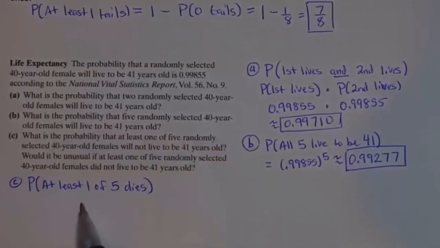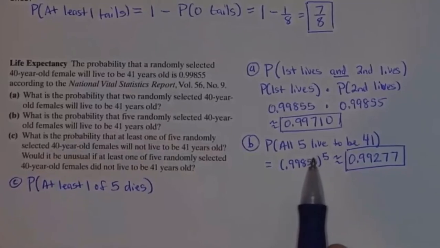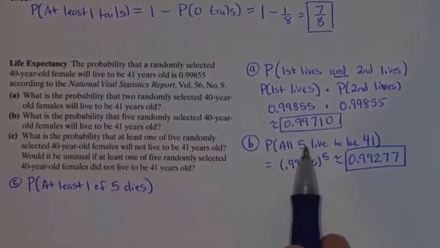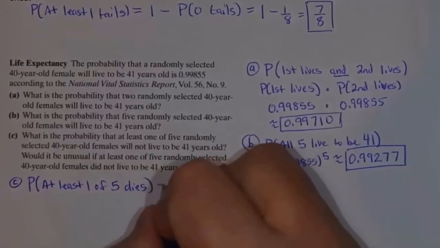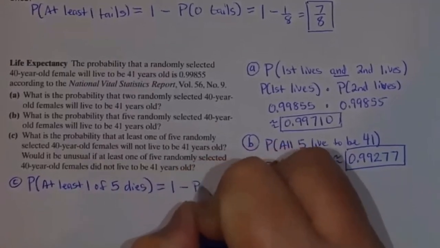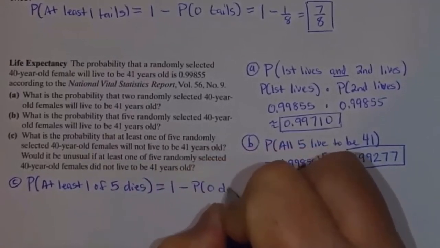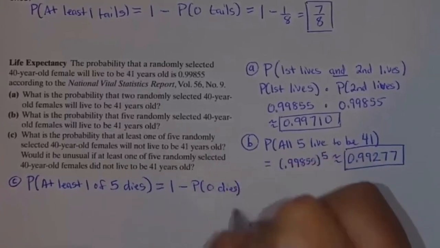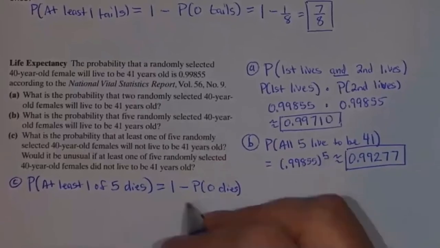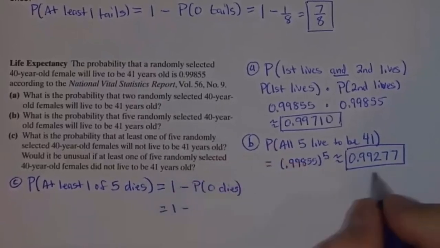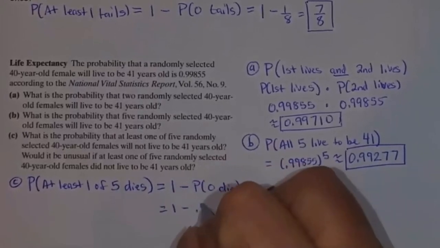Well, the probability that at least one of the 5 dies is the complement of all 5 live. All 5 living means that 0 die, right? So 1 minus the probability that 0 die, which is again equivalent to all 5 living. So that would be 1 minus the probability we just found,